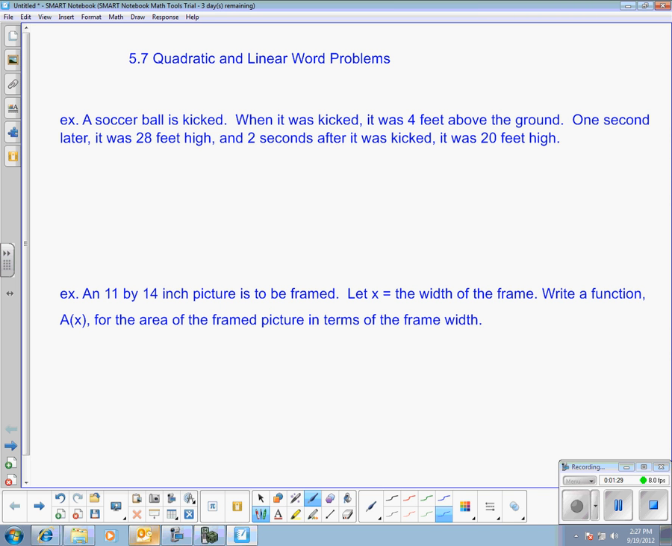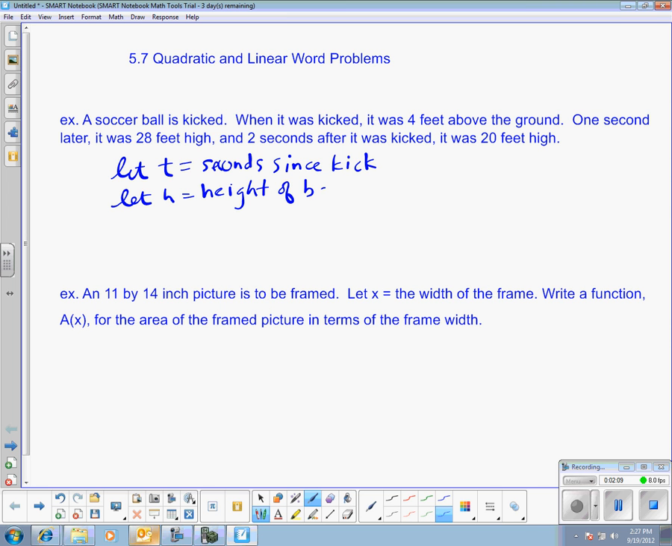So in this first one, the soccer ball is kicked. When it was kicked, it was 4 feet above the ground. 1 second later, it was 28 feet high, and 2 seconds later, it was 20 feet high. So we've got two variables here. The question, which I didn't put into words, is write a function for the height of the ball x seconds after it was kicked. And just to practice using letters other than x and y, let's let t equal time, or seconds since the kick, and let's let h equal height